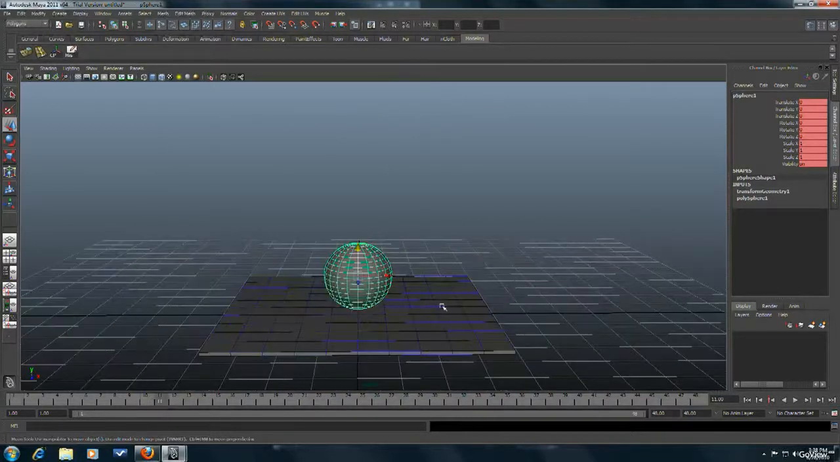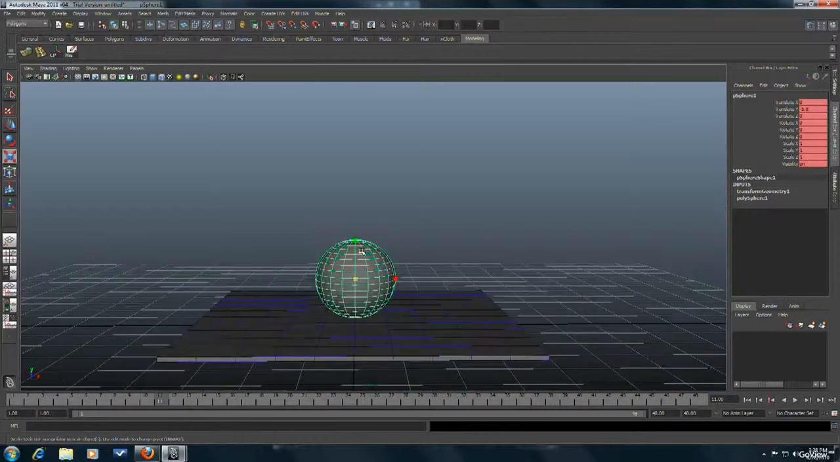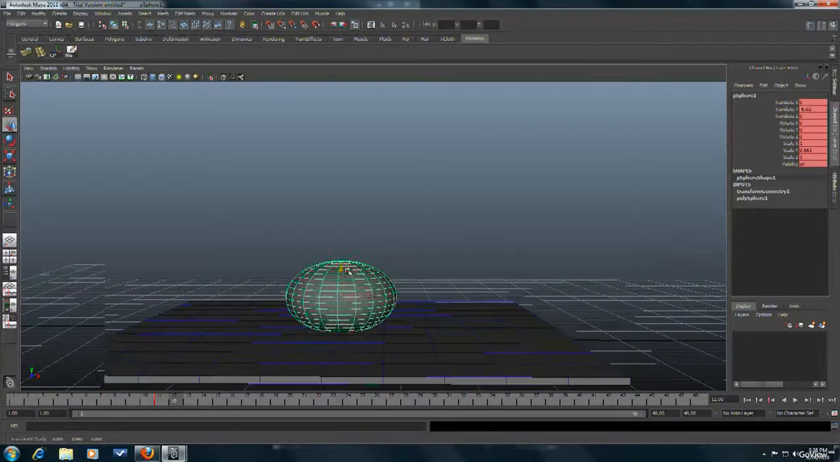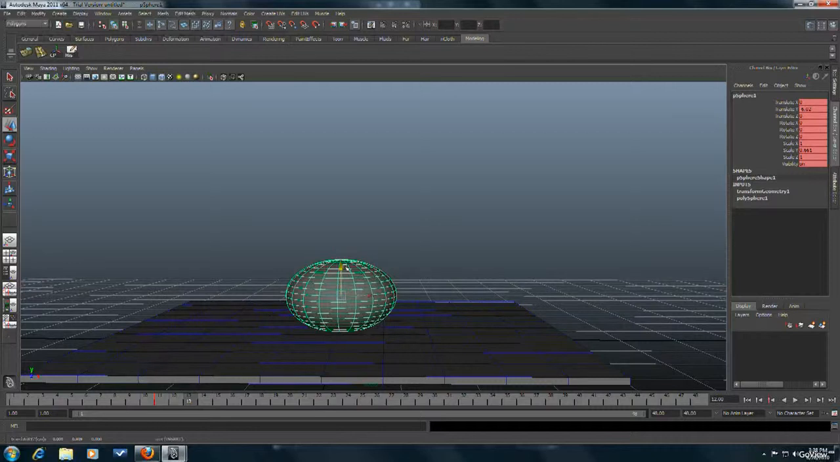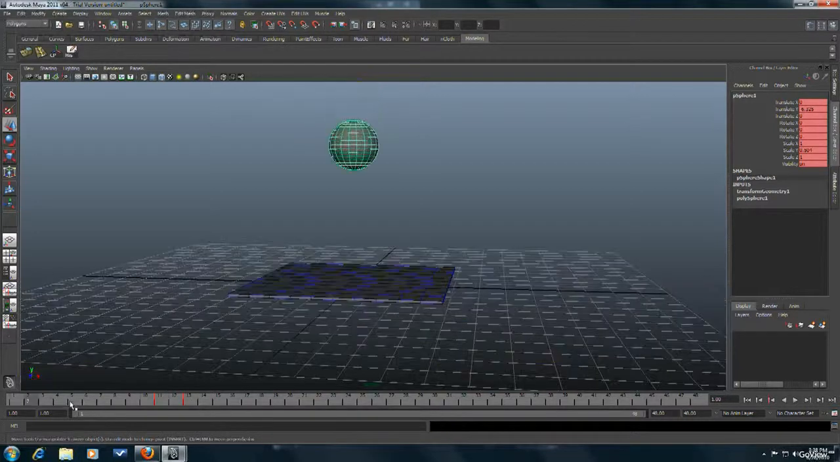Let's go to frame 11 and squash it down a little bit and move it down and put a keyframe on frame 11. Do the same on frame 12, squash it down a little bit more, move it down, and then set a keyframe. Frame 13, squash it down, set a keyframe, and let's play that back and see what it looks like. It drops down, and then it squashes, it's bouncing,